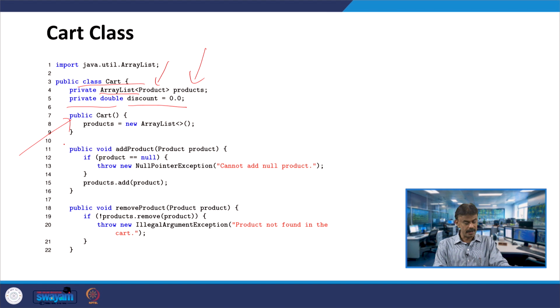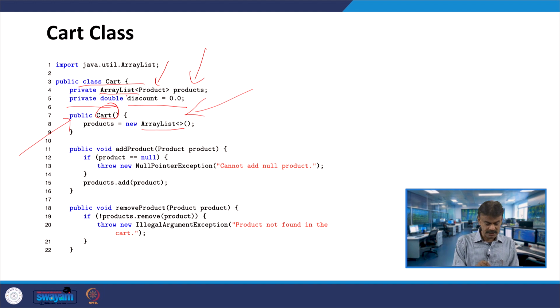The products are dynamically allocated memory with an array list. So, upcasting to array list, the products that you are defining in the array list, the constructor is array list. So, that is your cart constructor.